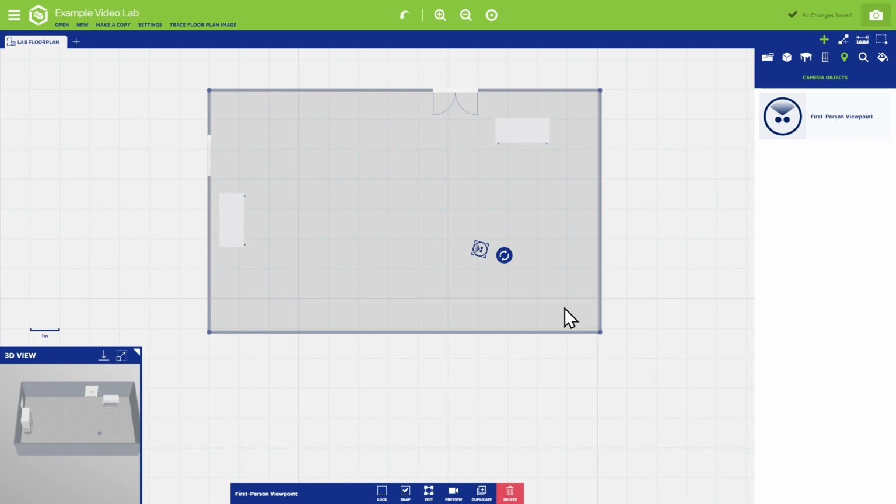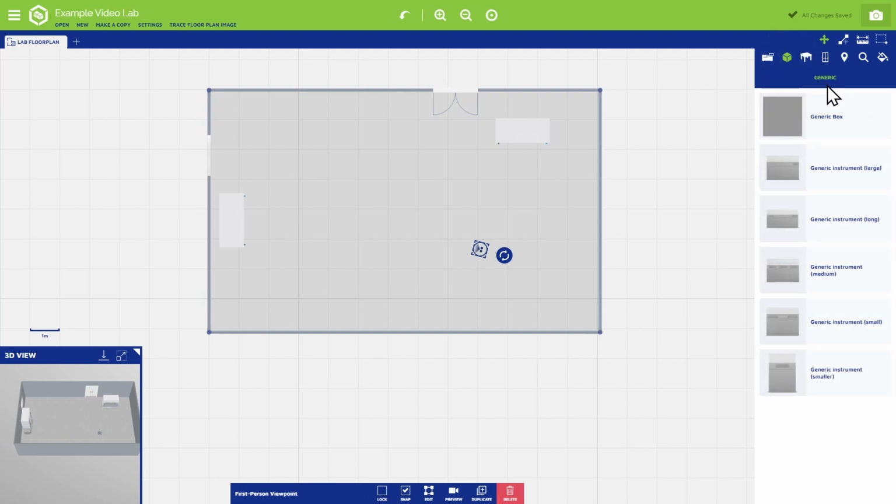While the Lab Design tool has a sizable library of 3D assets to add to your lab space, if you'd like to add a representation of an asset that doesn't exist in the Asset palette, you can use a generic asset located in the Generic Asset page. Generic assets are highly customizable. You can resize them using the transform handles seen here,